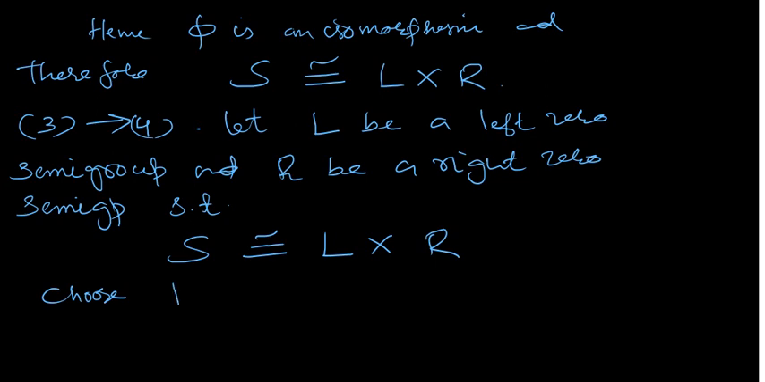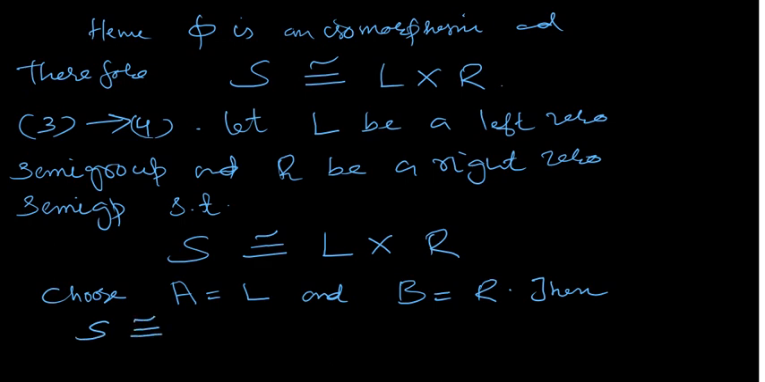Choose this A equal to L and B equal to R, okay. Then S is isomorphic to A cross B. तो आपके पास दो सेट्स है A और B, S is isomorphic to A cross B. अब आपको सिर्फ चेक करना है A cross B में आपको दो एलिमेंट्स